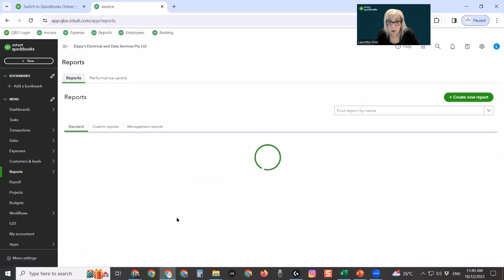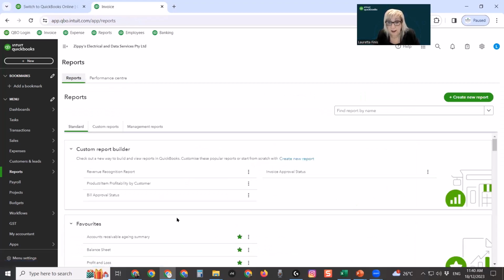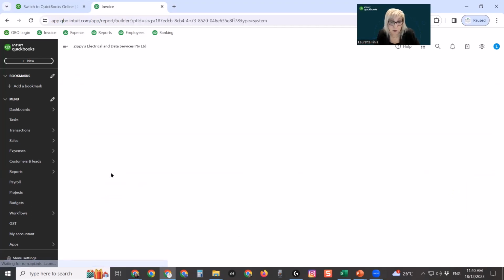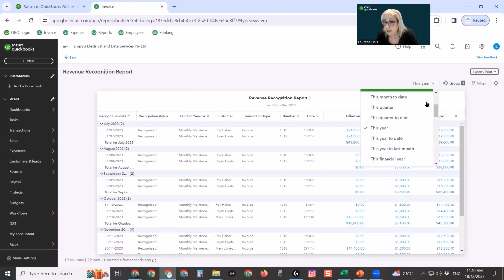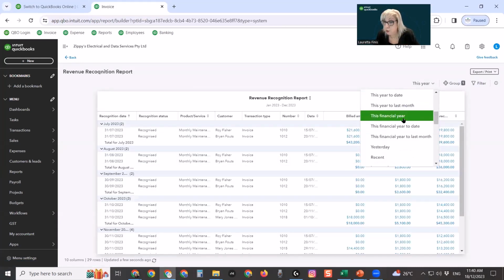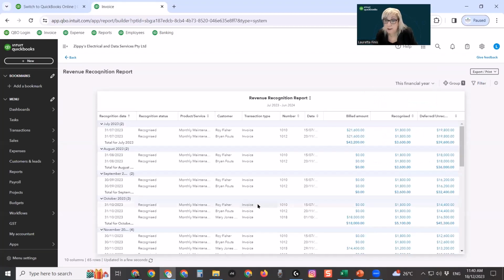Under Reports, this is what I want to show you. This is the new, under Custom Report Builder, you can create any new report you like, but we do have Revenue Recognition Report, which is the one I want to show you. And let's just say this is this financial year. Now I'm doing this for a reason. You can see that we did have two, Roy Fisher and Brian Foots. We did an invoice back in July. They're both 21,600. If I want to, I can quickly click into that invoice and have a look at it,